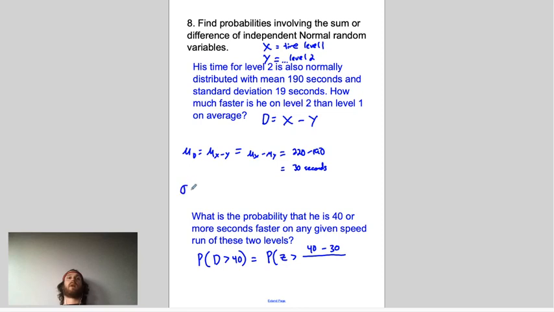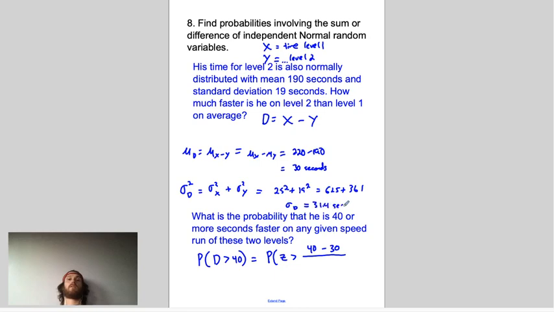So we know that whenever we're adding and subtracting, think about the variables, think about the variance. The variance of D is equal to the variance of X plus the variance of Y. And remember, it's always plus for the variance, no matter whether you're adding or subtracting those variables, which is equal to 25 squared plus 19 squared. When you boil this all down, you end up with 625 plus 361, which is a standard deviation of D equal to